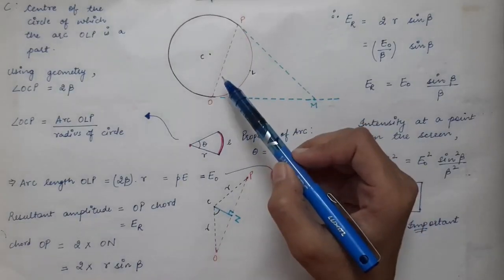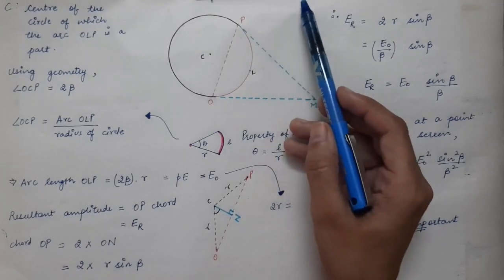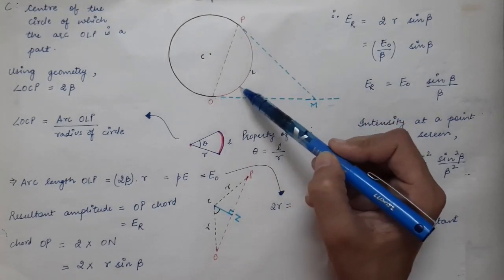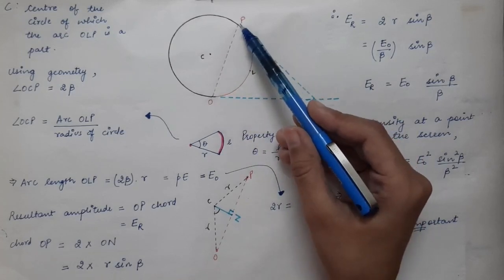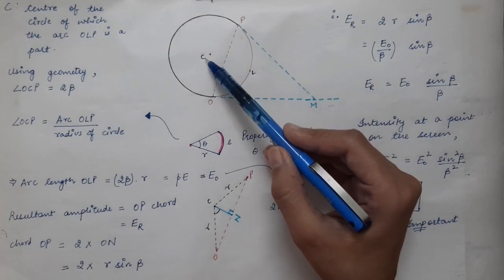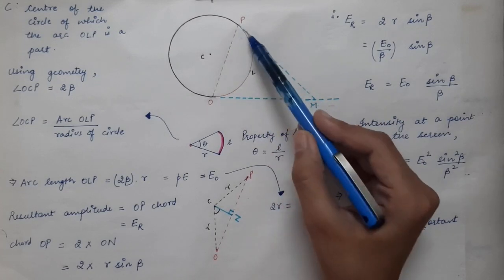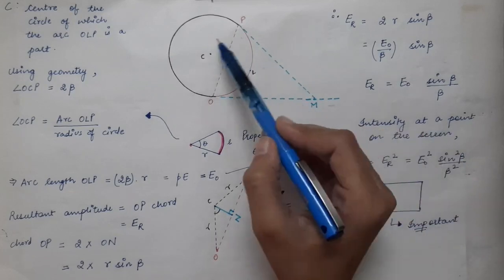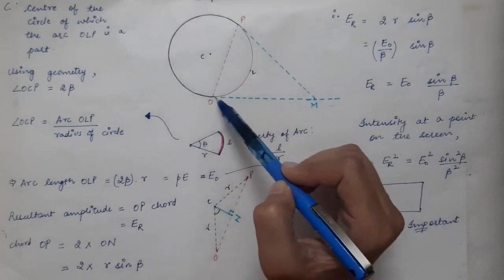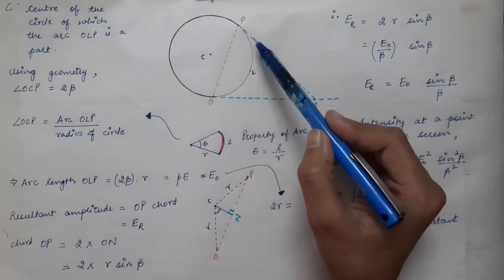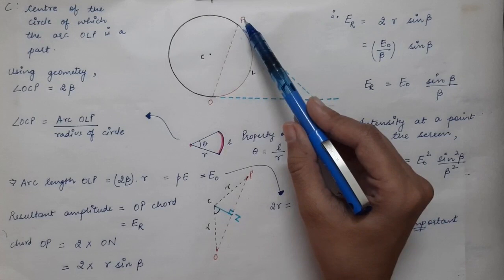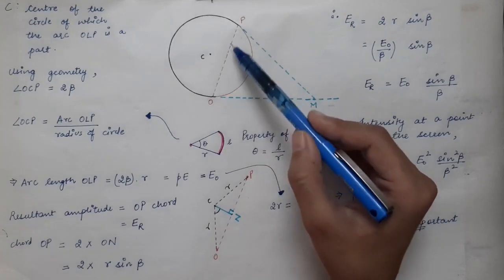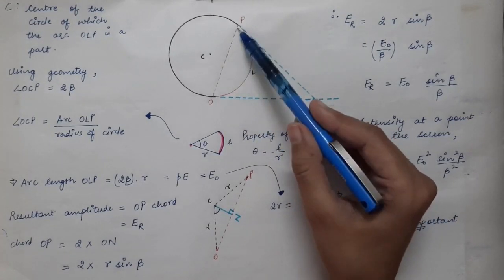In the previous diagram we have seen that when n approaches infinity, we get an arc of a circle. And this OP length is the chord of the circle, and C was assumed to be the center of the circle of which this arc is a part. So now we have drawn the whole circle, but only this curved red portion, which is OLP, is the arc of the circle which we will consider, and the length of this OP chord will give us the amplitude of the resultant wave.